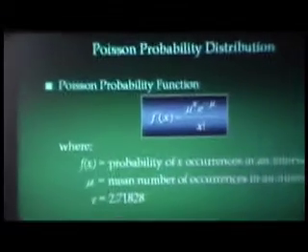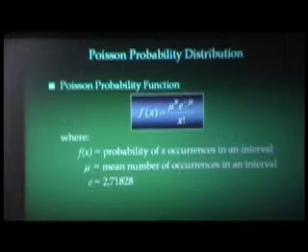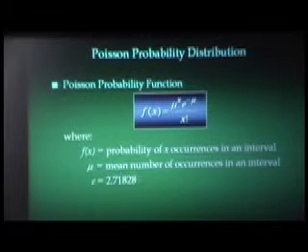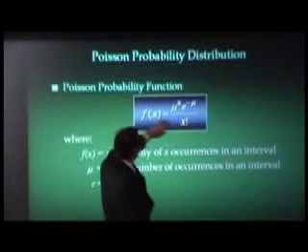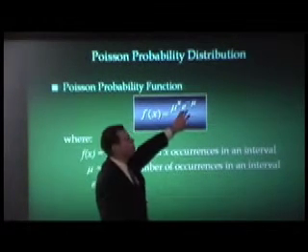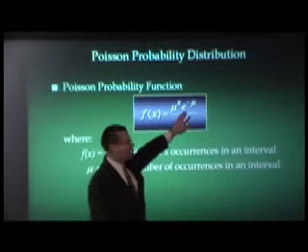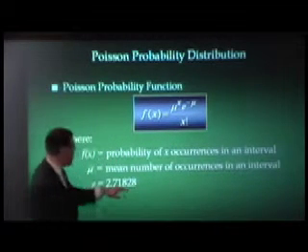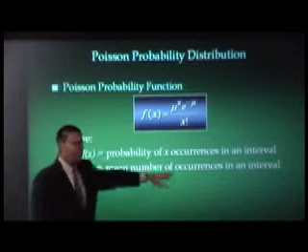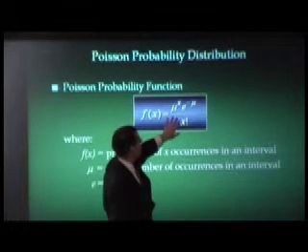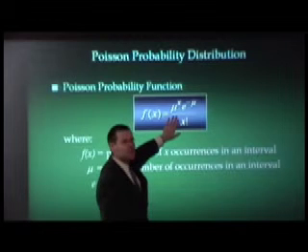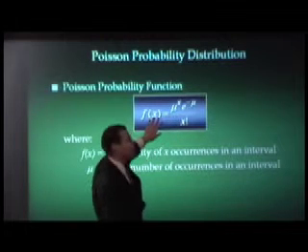This is the probability distribution for the Poisson. Do not expect that to be intuitive, but it is. It actually just comes from an expansion of the exponential. The exponential e is just a universal constant. It's the number 2.718 and so on. It never ends. And by plugging in values for x, you get a probability for x.